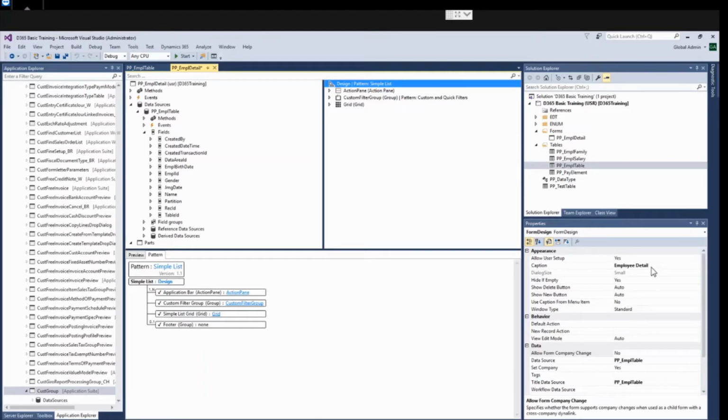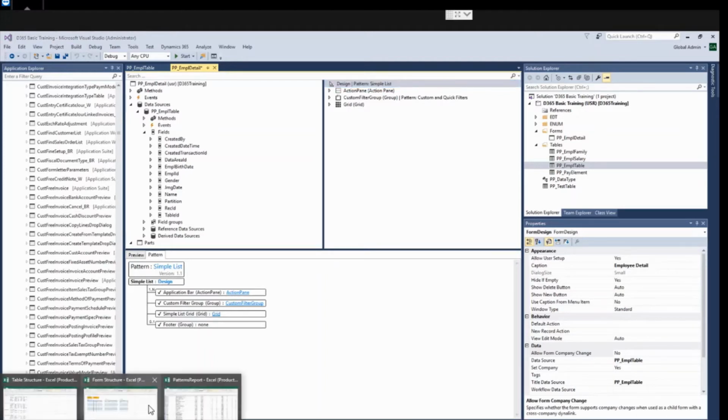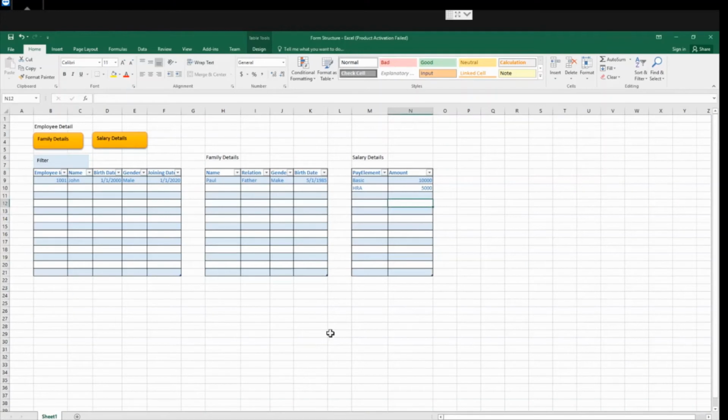One is the display menu item that we use for the forms. Another is the output type menu item that we use for the reports. So now if you see in this report also, we need two buttons. If I click on this, the form should open. So if I have to call any form, I have to use a menu item of type display. If I have to call a report, then I will use an output menu item. If I have to do some action based on a class, then there is a menu item known as action type. So we have three types of menu items: display type, output type, and action type.